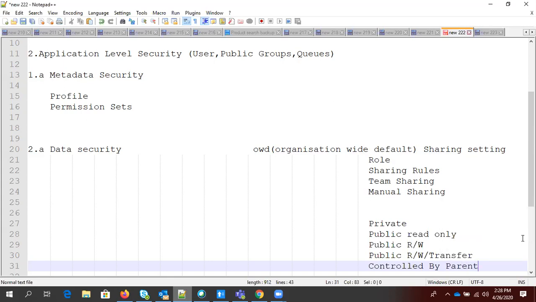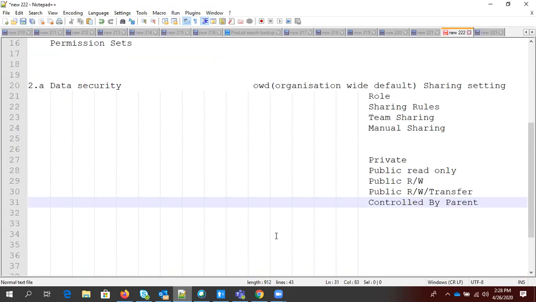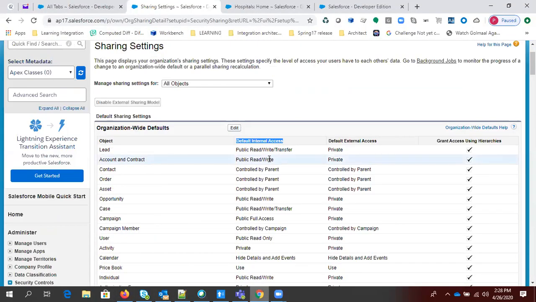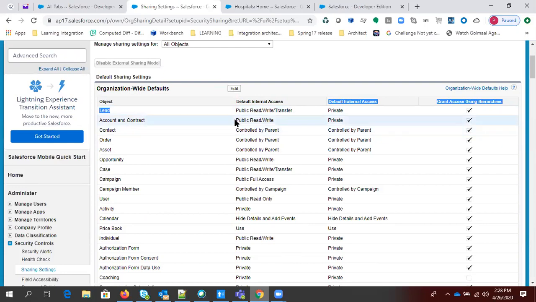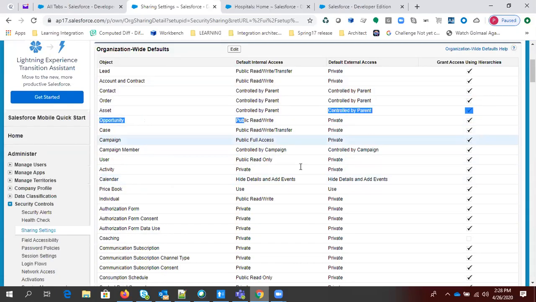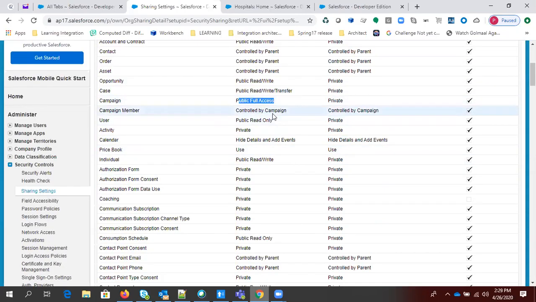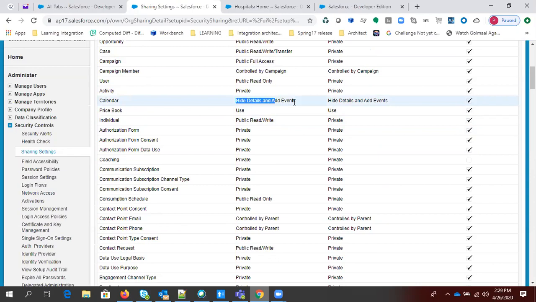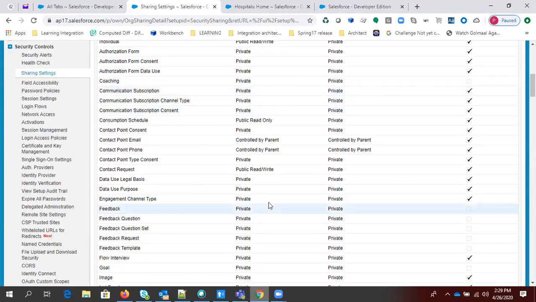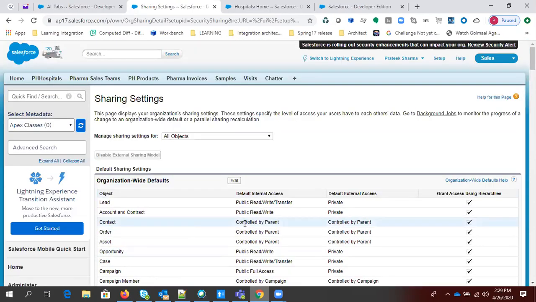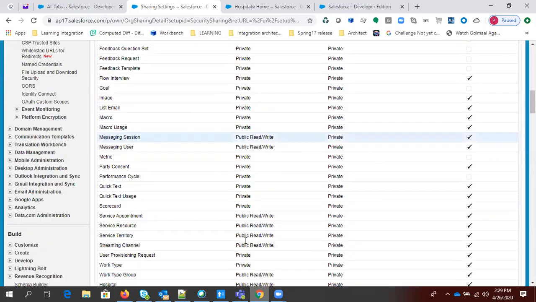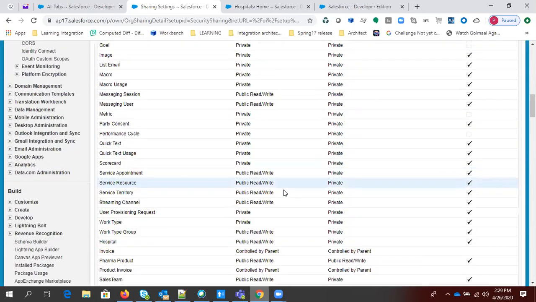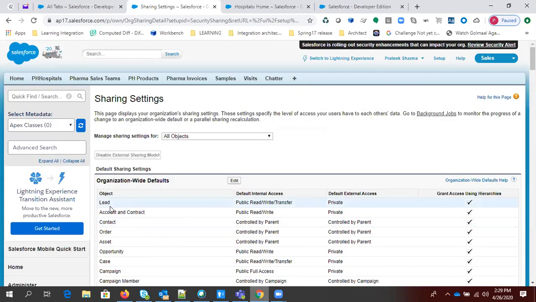So you will find these 5 types of values in the sharing settings access level pick list. There are other things, but these are the main ones, and we'll discuss other things as well.